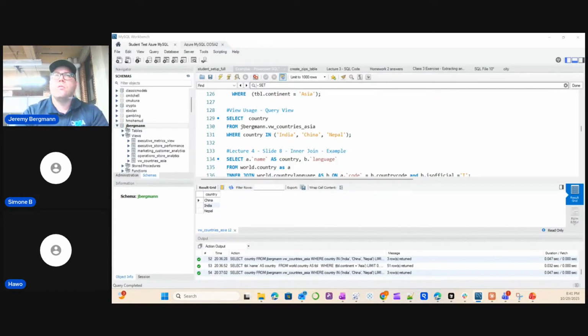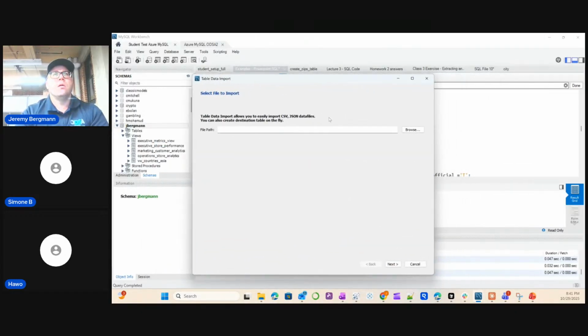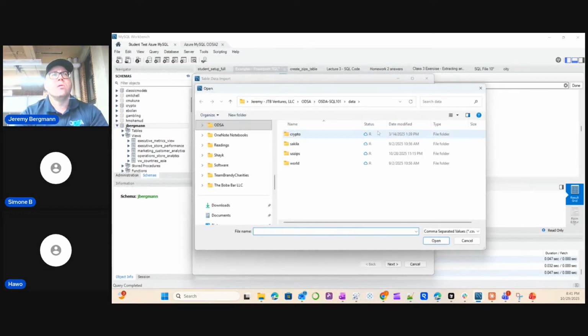I want to bring it over. So I'll give you this import, and then you could browse for a CSV file. Maybe I have a crypto file. Nope, I don't have a crypto file. Let's do,